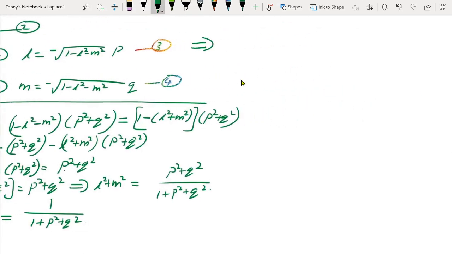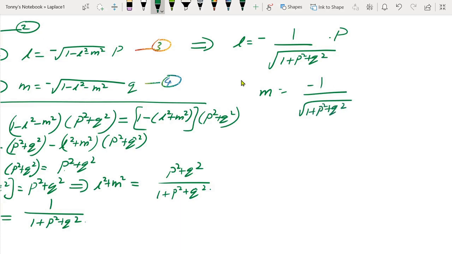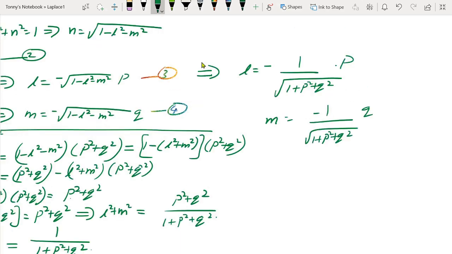So this implies L is equal to and M is equal to and N becomes